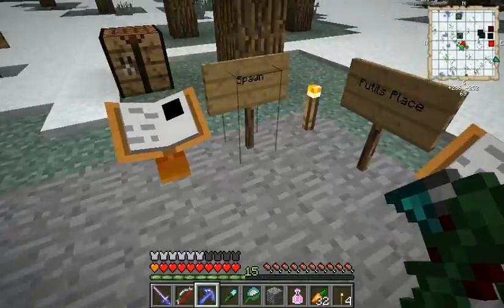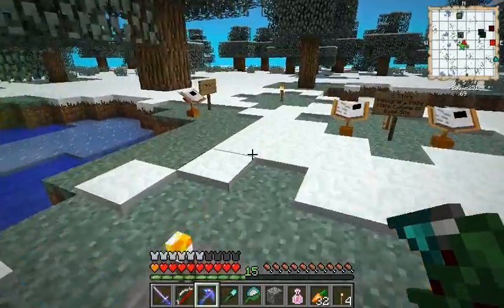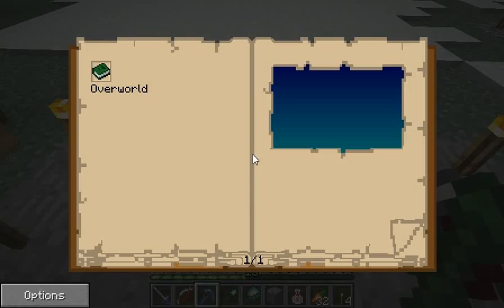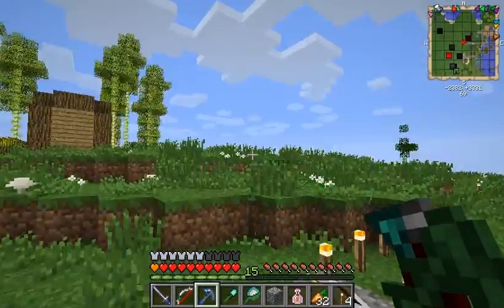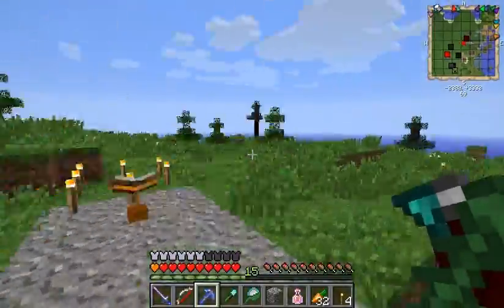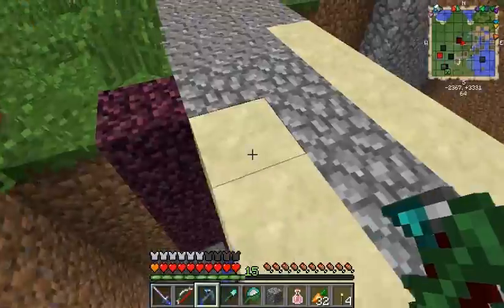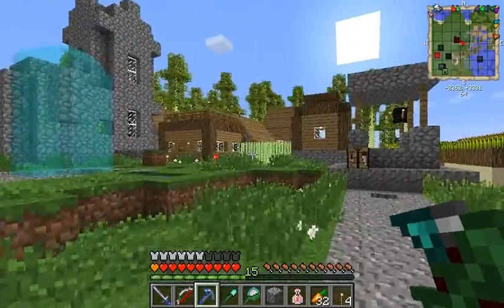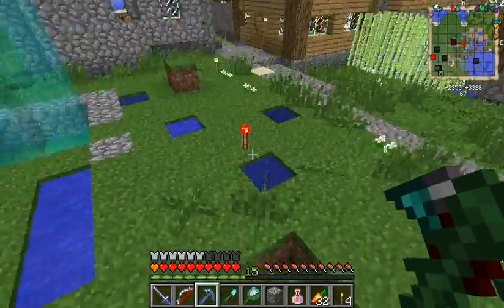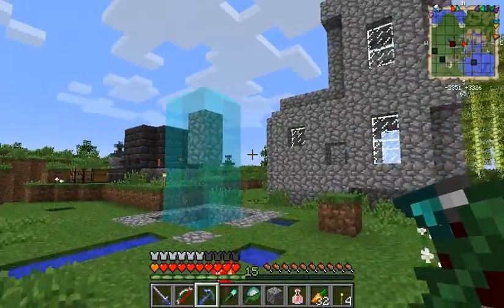Okay, so we are back at the hub, and we will now check Futil's place. This is the last thing I haven't seen yet. Oh, so he has a village, apparently. And a ravine. And a cow at the bottom of that ravine. Yeah, that's pretty random. A random redstone torch in the middle of a...